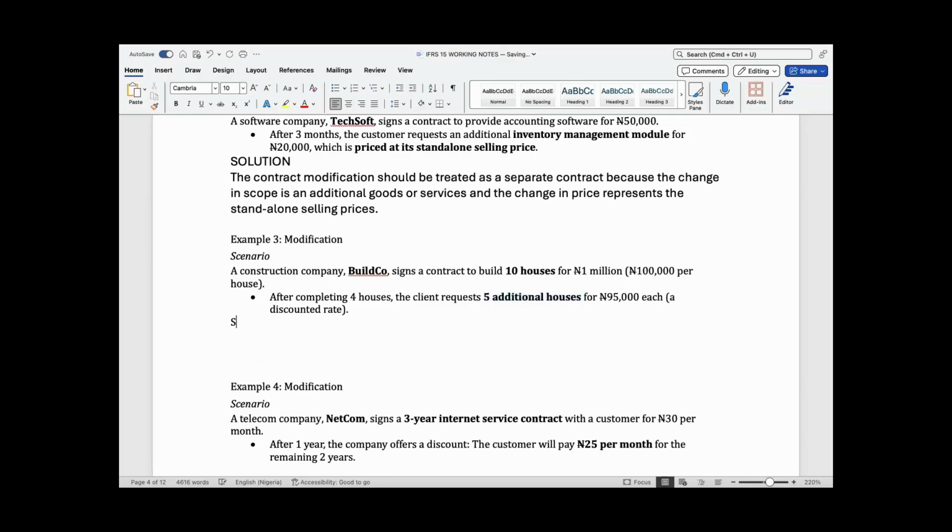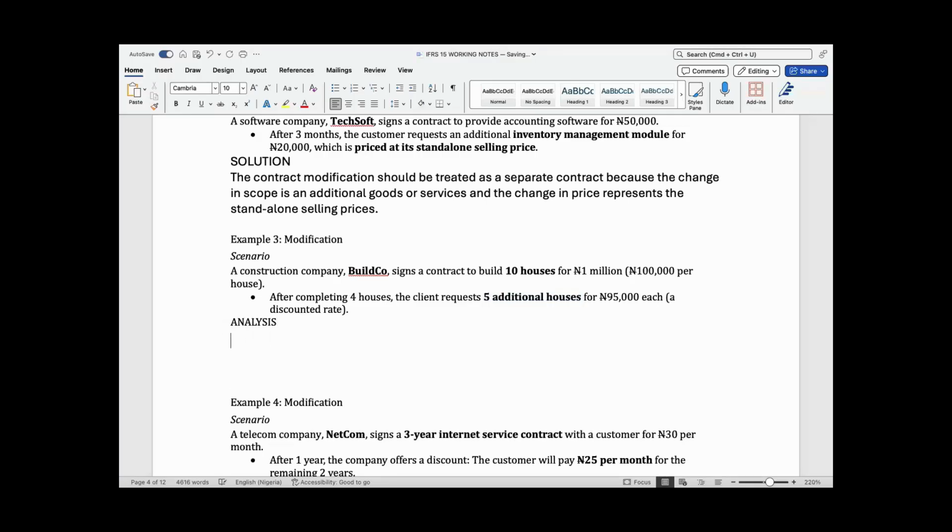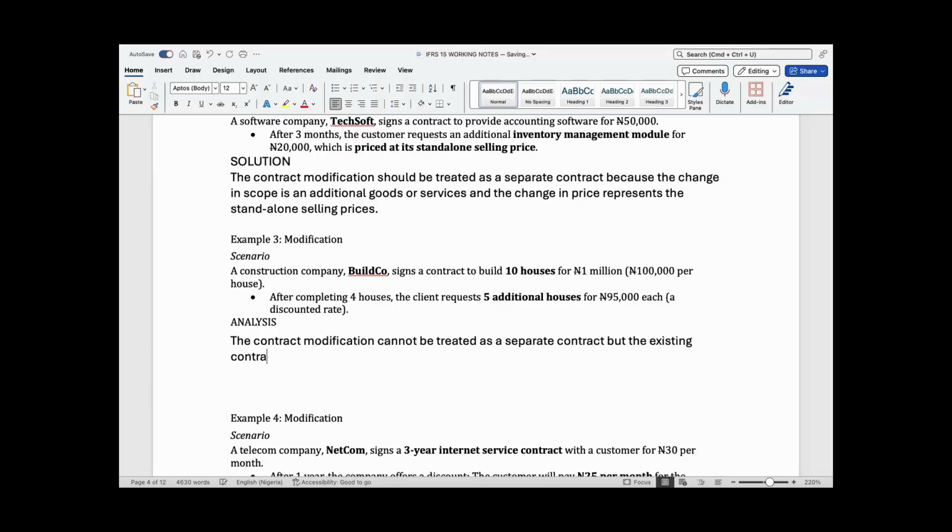Here, the contract modification cannot be treated as a separate contract, but the existing contract will be updated